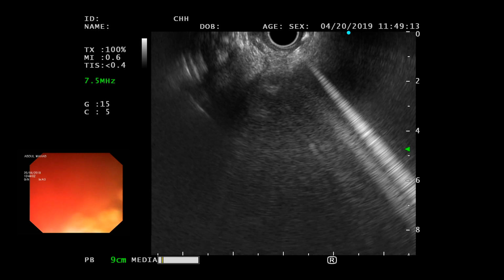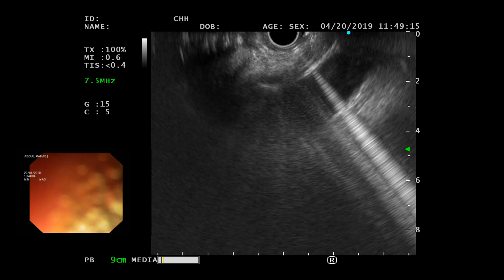So we are in the ganglion now. Let me just show you the picture. If I can get-